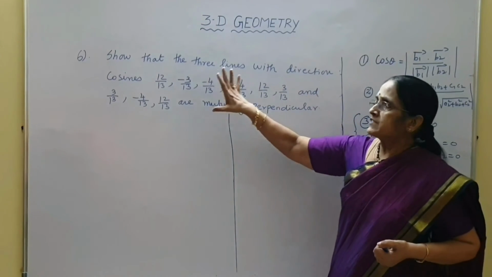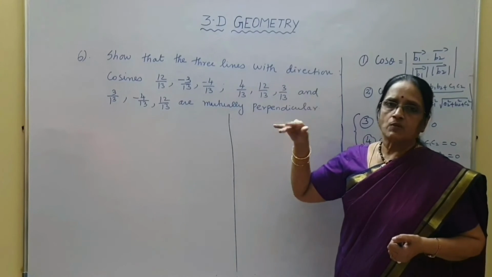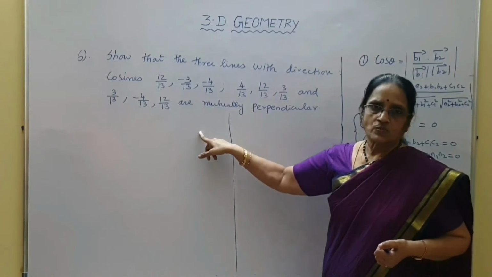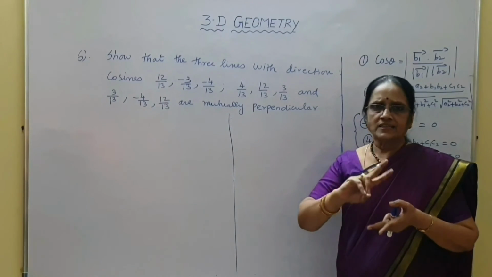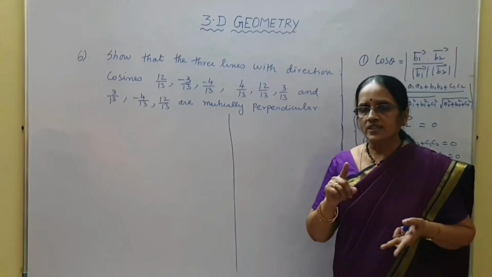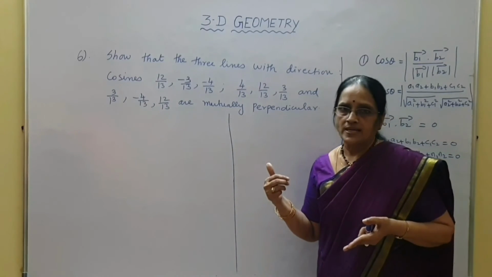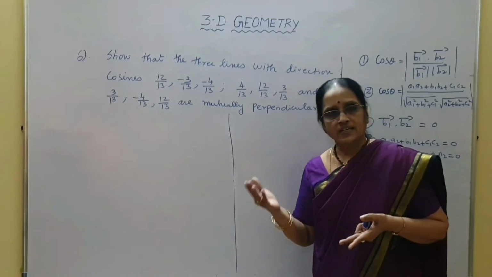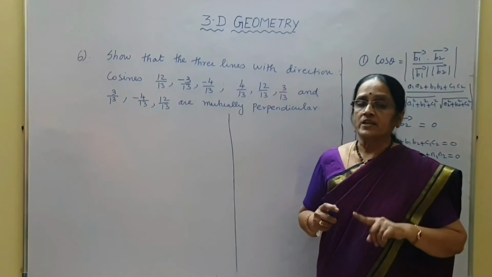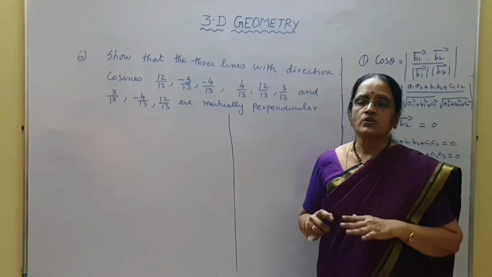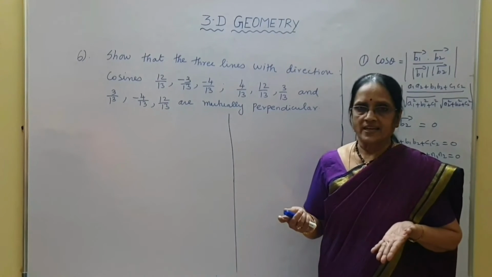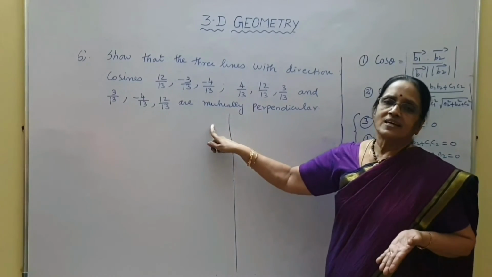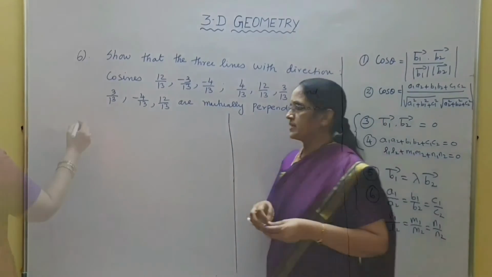Now, let us first make the assumptions. The given three lines are L1, L2 and L3. Then we will assume for the direction cosines also. If theta is going to be the angle between two lines, you know that when the direction cosines are known to us, then cos theta is equal to L1, L2 plus M1, M2 plus N1, N2, where L1, M1, N1 are the DCs of the first line and L2, M2, N2 are the DCs of the second line. So this is what we are going to use in proving the lines are perpendicular. Let us do it now.